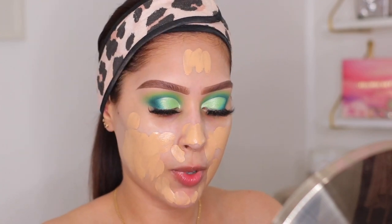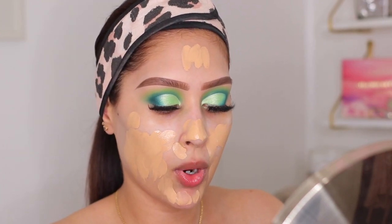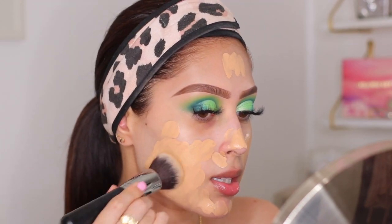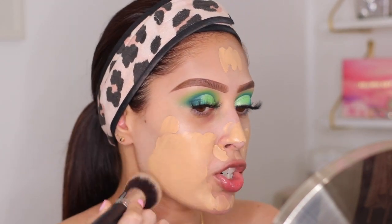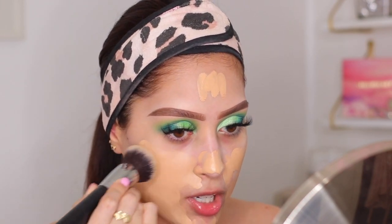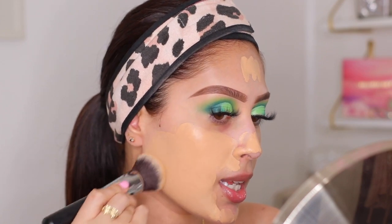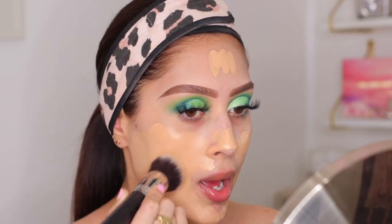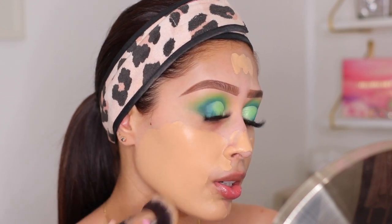I'm going to be using this brush today for my foundation. This is the Morphe M439 brush, and it just looks like this. And I'm going to blend this into the skin. So I usually don't use brushes to apply my foundation. No particular reason. I just prefer a sponge, but today, honey, I was like, you know what, let's do something different with our makeup. So I'm gonna go ahead and apply this with a brush,